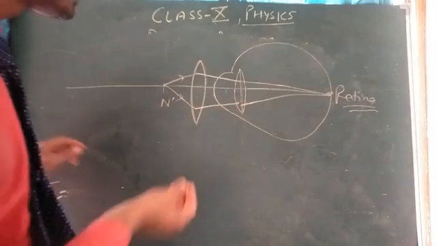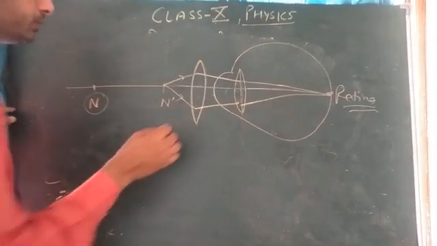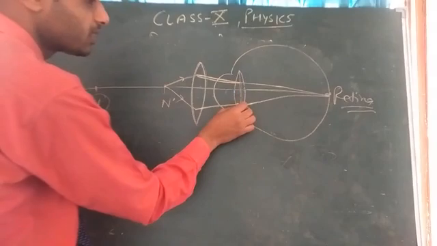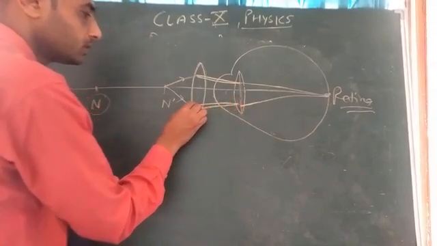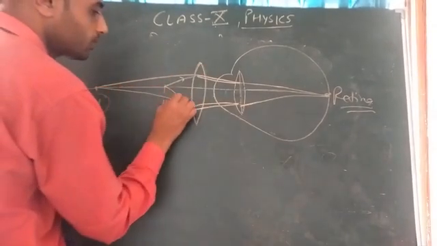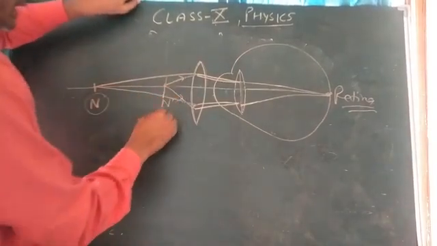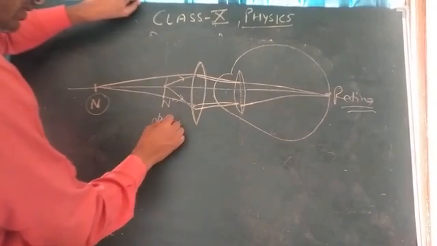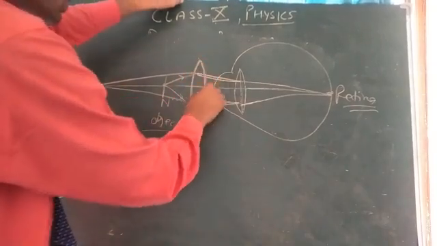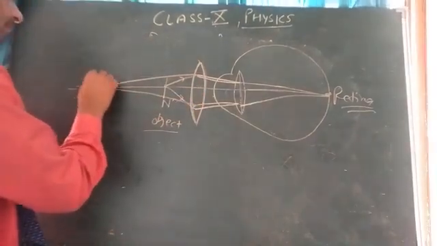Okay, and this is the near point N. If this line is produced backward, these rays of light seem to come from, or appear to come from, N. It means this is the object that we have to see, and by using an external lens, we have to find the image at N,